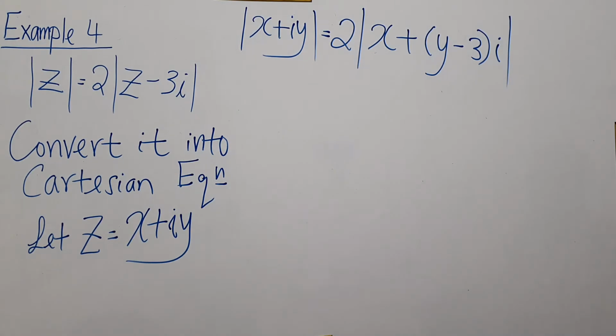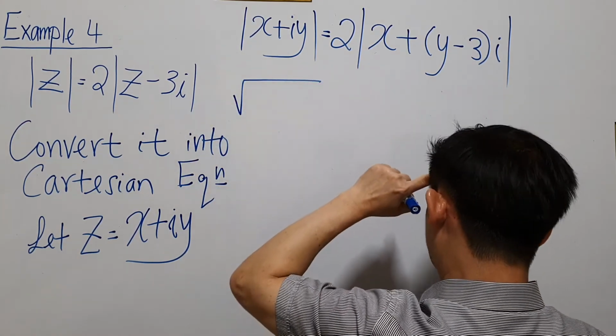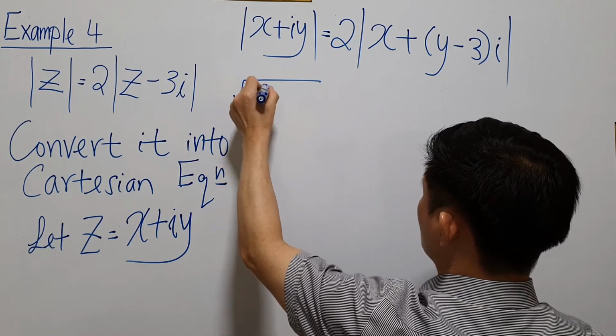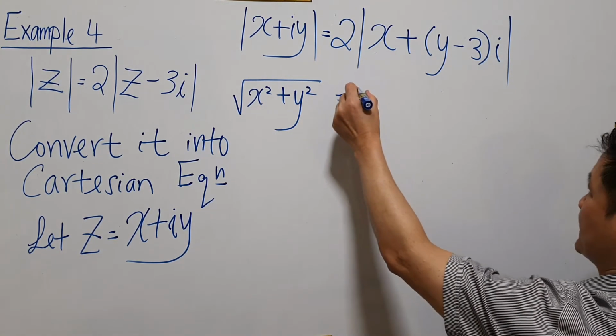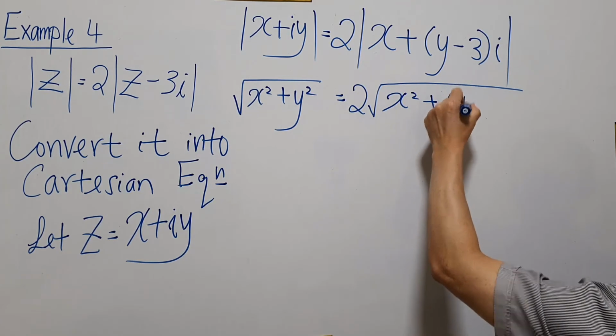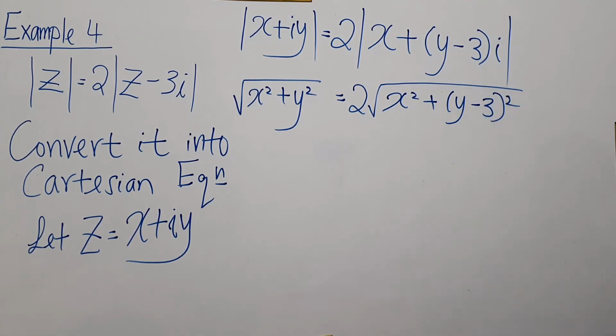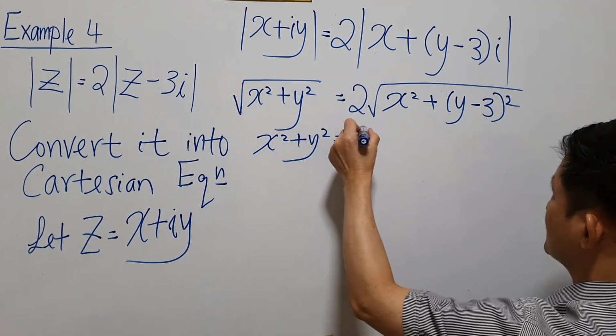Right. So I am in the process of converting a complex number equation into the Cartesian equation. On the left hand side, to find the modulus or magnitude of a complex number, it is the square root of the square of the real part plus the square of the imaginary part. Likewise, on the other side, it is also the square root of the square of the real plus the square of the imaginary. And now we can square both sides. Upon squaring both sides, I'm going to get x squared plus y squared equals 4 times